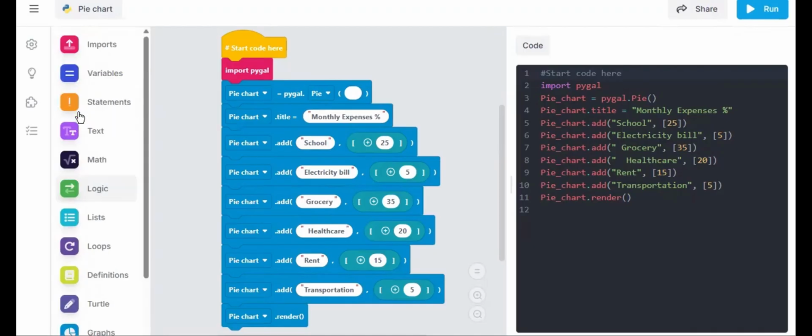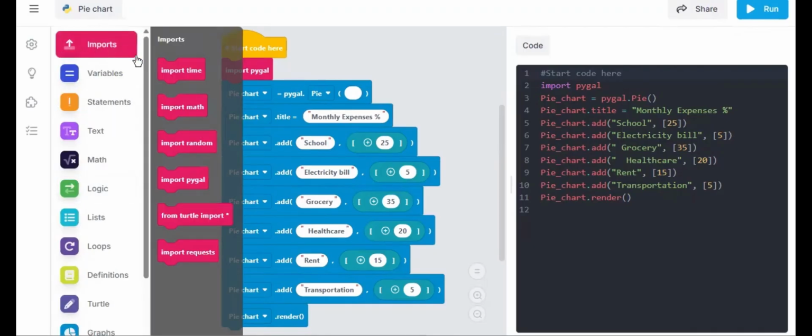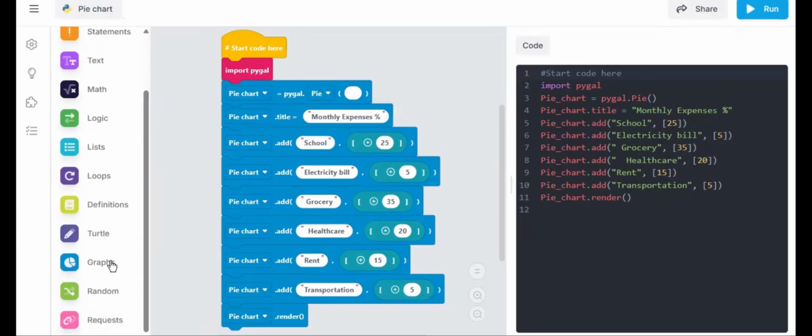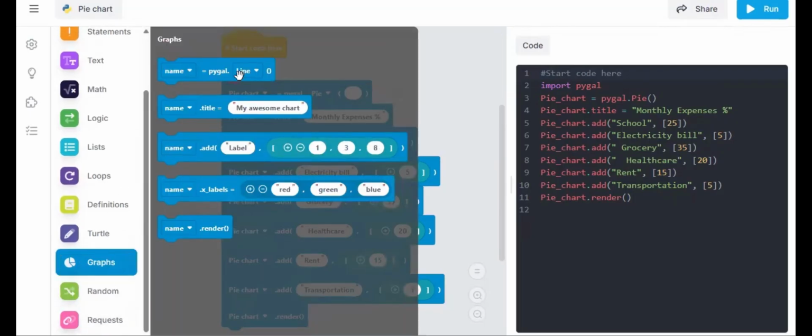First we need to go to import and we need to take this block. Let's import pygal. By this we can make graphs like pie charts. All this we can do with this block. We need to place this here again. Now we need to go to graphs, the last third one. We need to take this,